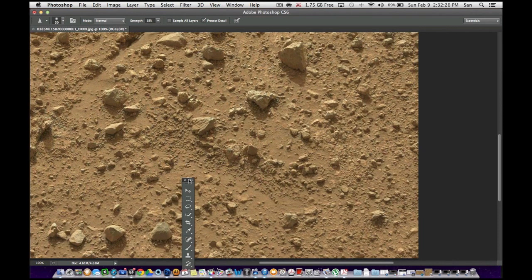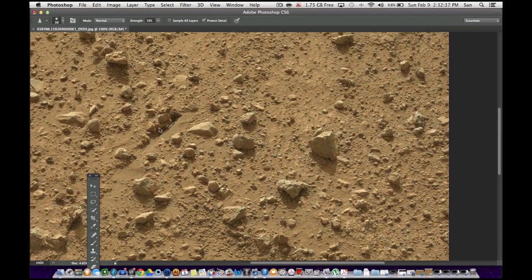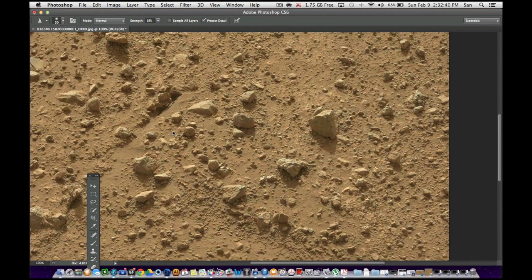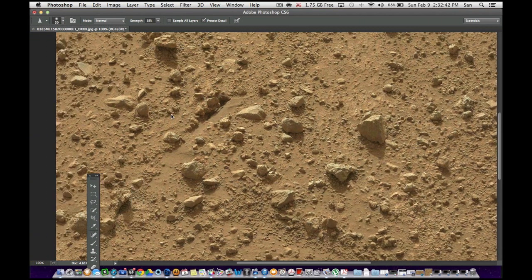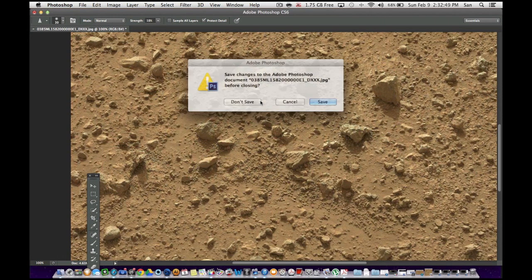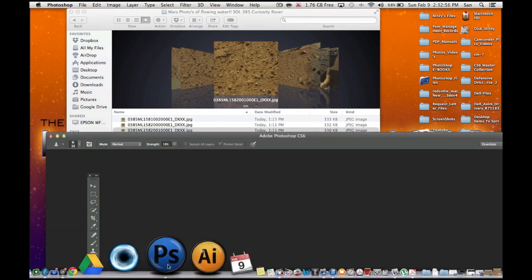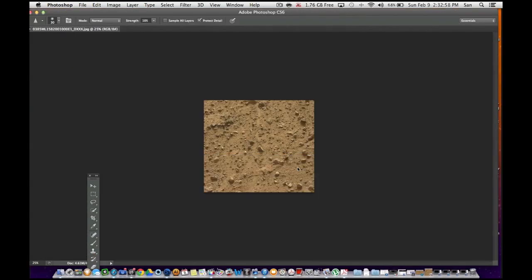If you look from back here, let's move these out of the way. You can see the path of these rocks. Okay, do you see that? I see it. Now here, let's go ahead. This picture was just to show you where the source of the water is coming from. There's a geyser here, and I have so many other pictures that'll prove this, but I don't want to make this video too long. There's another one here. I'm going to go ahead and X this one out. I'm not going to save it because I don't need it. I got tons of these. I'm going to go ahead and show you my irrefutable proof that there is flowing liquid water on this planet.